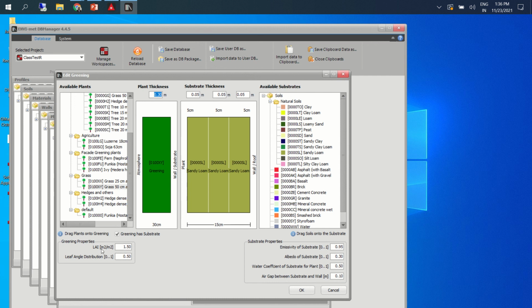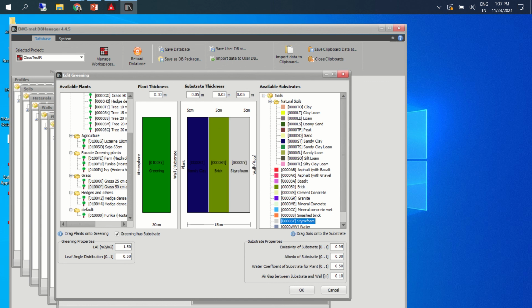And if you know the leaf area index of that particular layer, LAD, LAI, at least landscape students should be aware what LAD and LAI are. Let's say the substrate is also known to you, and you are making some combinations. I'm just randomly adding here, don't ask me whether this is a correct combination or not.